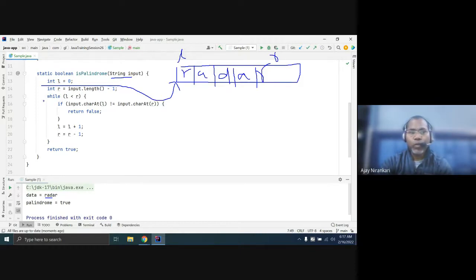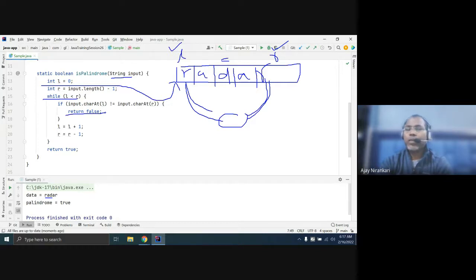You loop until left is less than right, because for equal, don't do anything. You check whether these two are equal or not equal. If these two are not equal, then you can say it's not a palindrome.